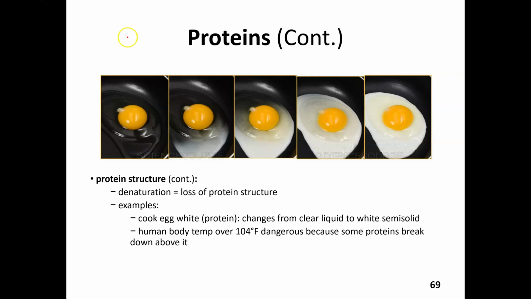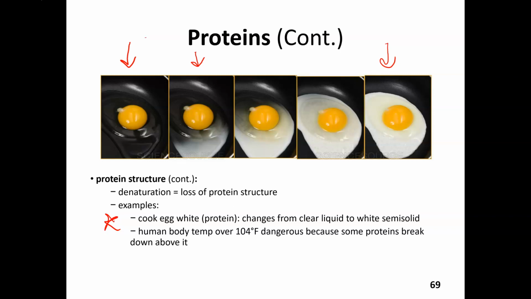So here is an egg, and I have that as the example here, so I took this picture. Here's an egg on a frying pan, and the initial structure of the egg, you have the yolk, and then you have that albumin structure. Albumin is this mucousy clear material, but as we change its structure, it turns into this rubbery white material. It loses its function. It can no longer do its job. And then over here, the protein is pretty much completely denatured, and now its job would be to be eaten,